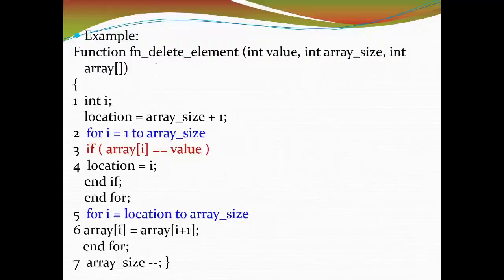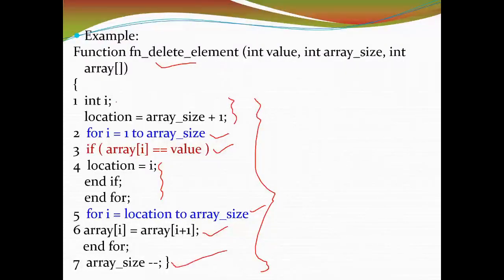Let us see another example. See, this is the function they have given, delete element, and inside that you have some code here, and for this code we have given the line numbers. So we have considered these 2 lines as the first statement. This is the second statement. We have considered the conditional statement as third, and this is the fourth statement, fifth, sixth, and this is seventh.